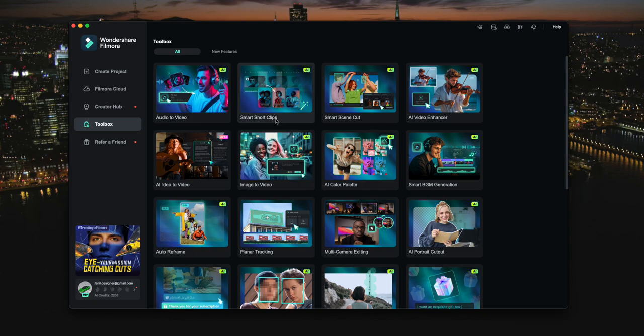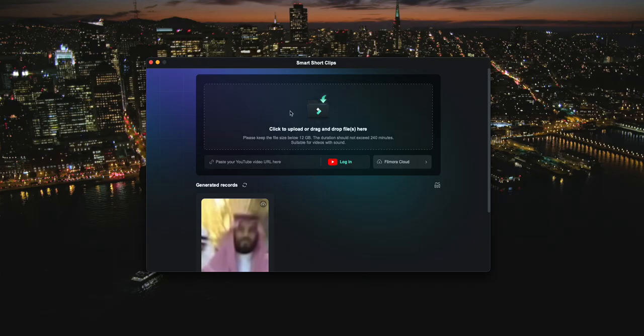In this video, we are going to learn how to use Smart Short Clips from Wondershare Filmora. So you need to have premium access. Once you are logged in, you click on Smart Short Clips, and then you have to upload your video